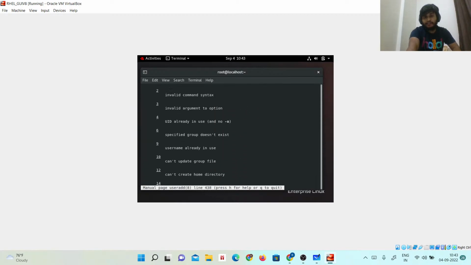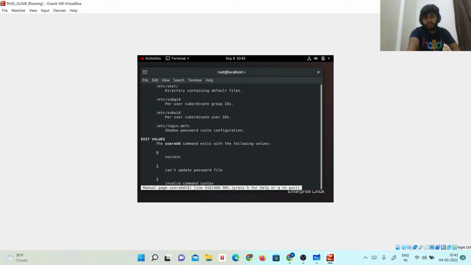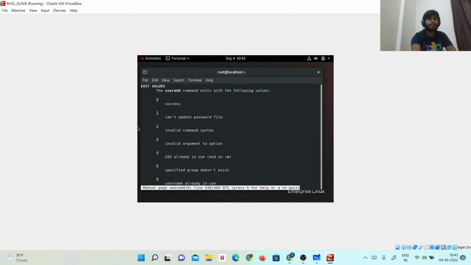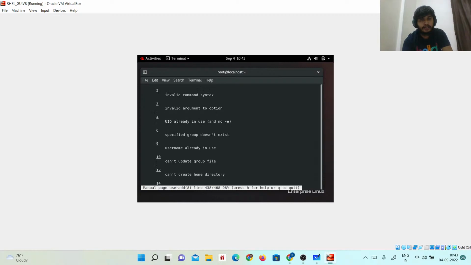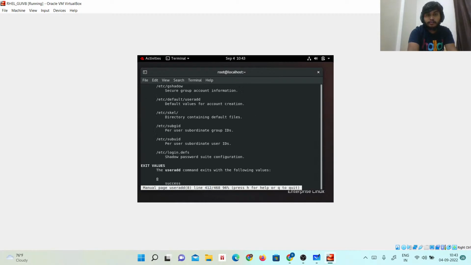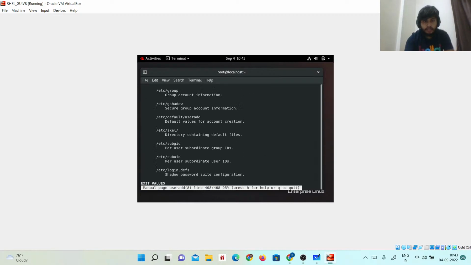Other things you can find out, it's not a big deal. Also, they will give you the exit value. Like if you got the exit value 0, that means success. 1, can't update the password file. So for everything they will give you a different exit code. In troubleshooting time, we need this exit code, the return values. Okay,